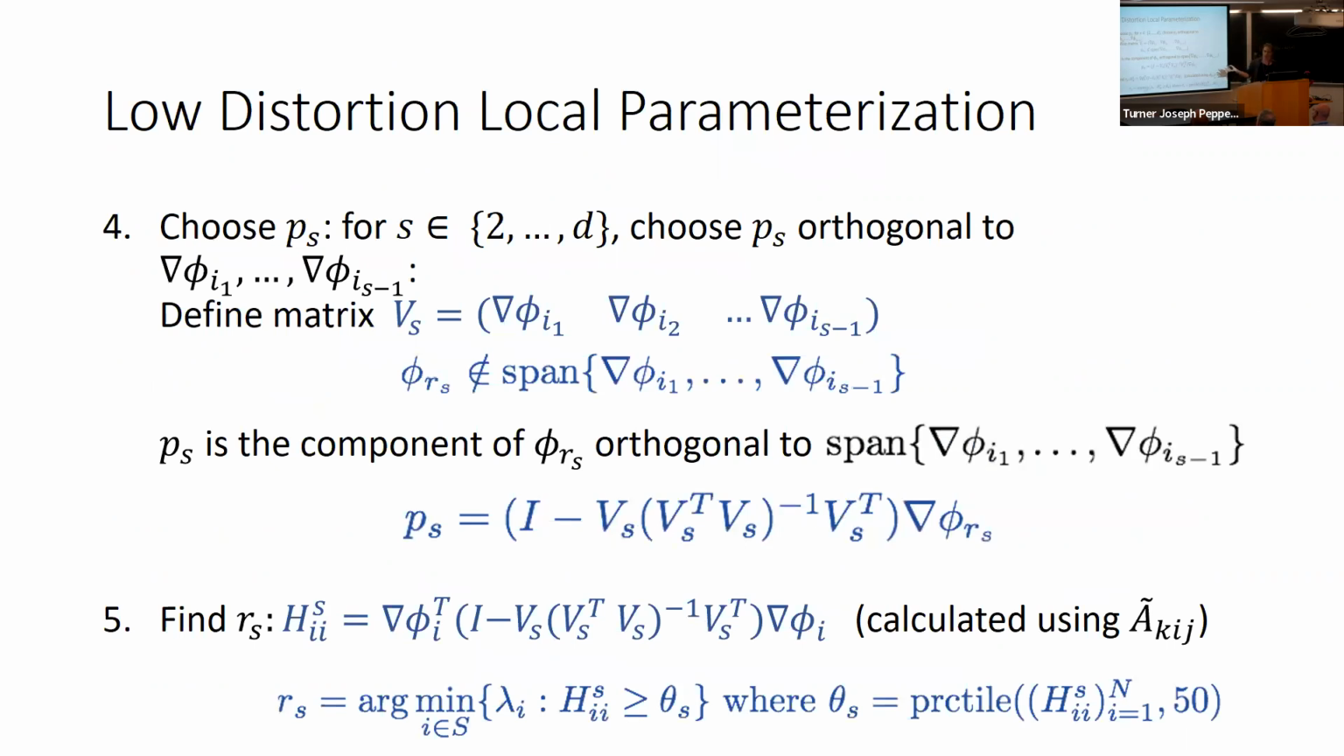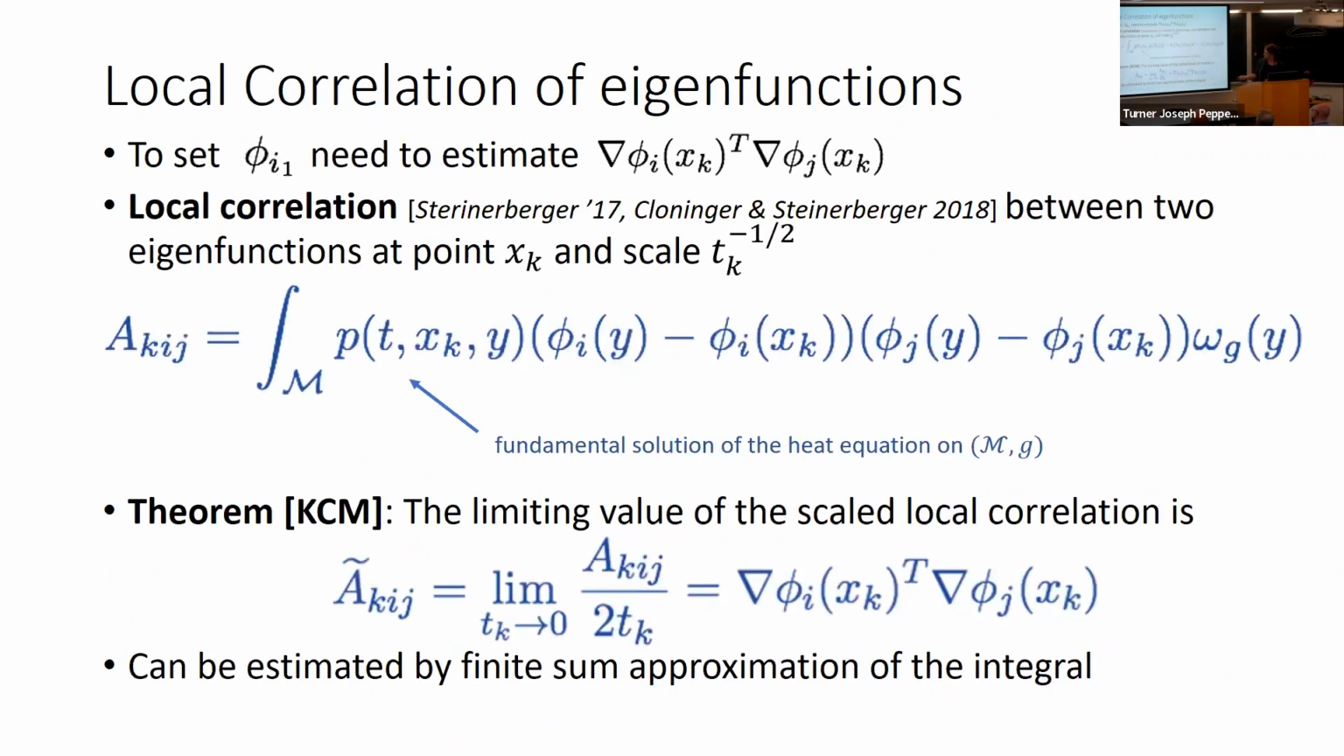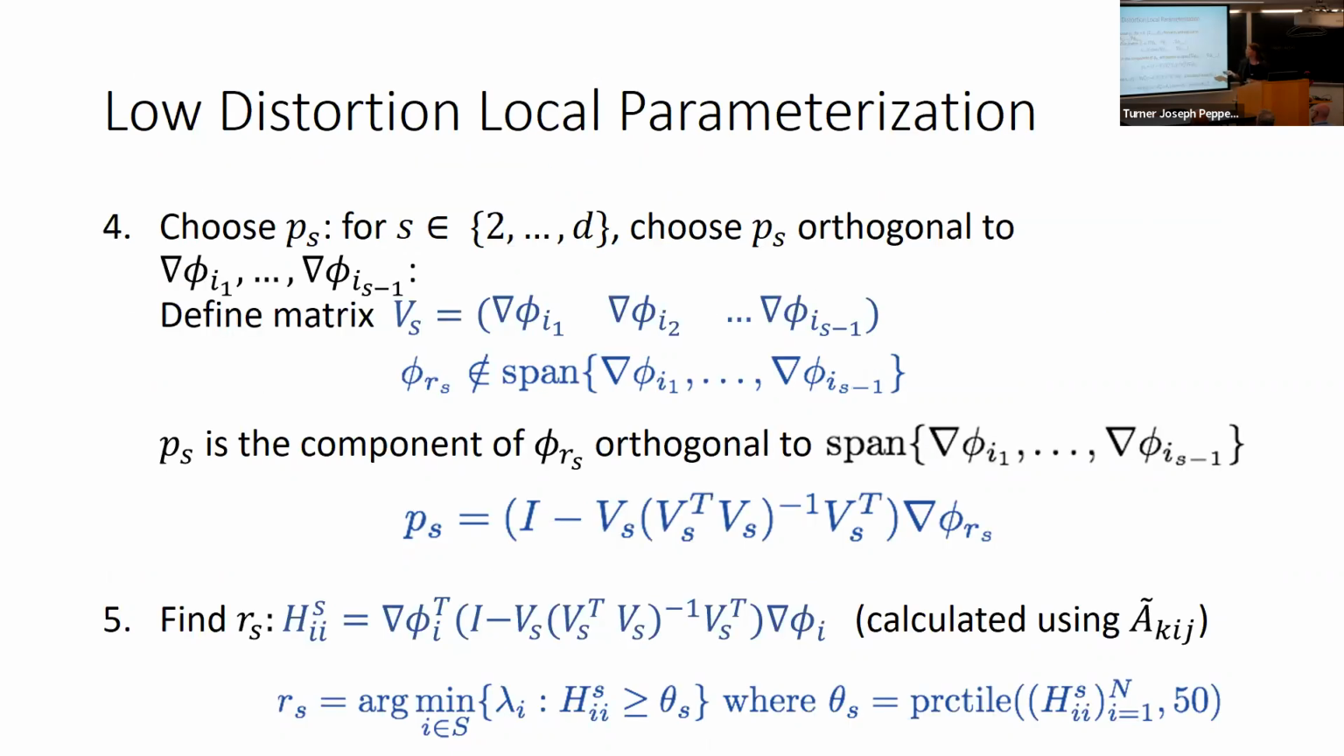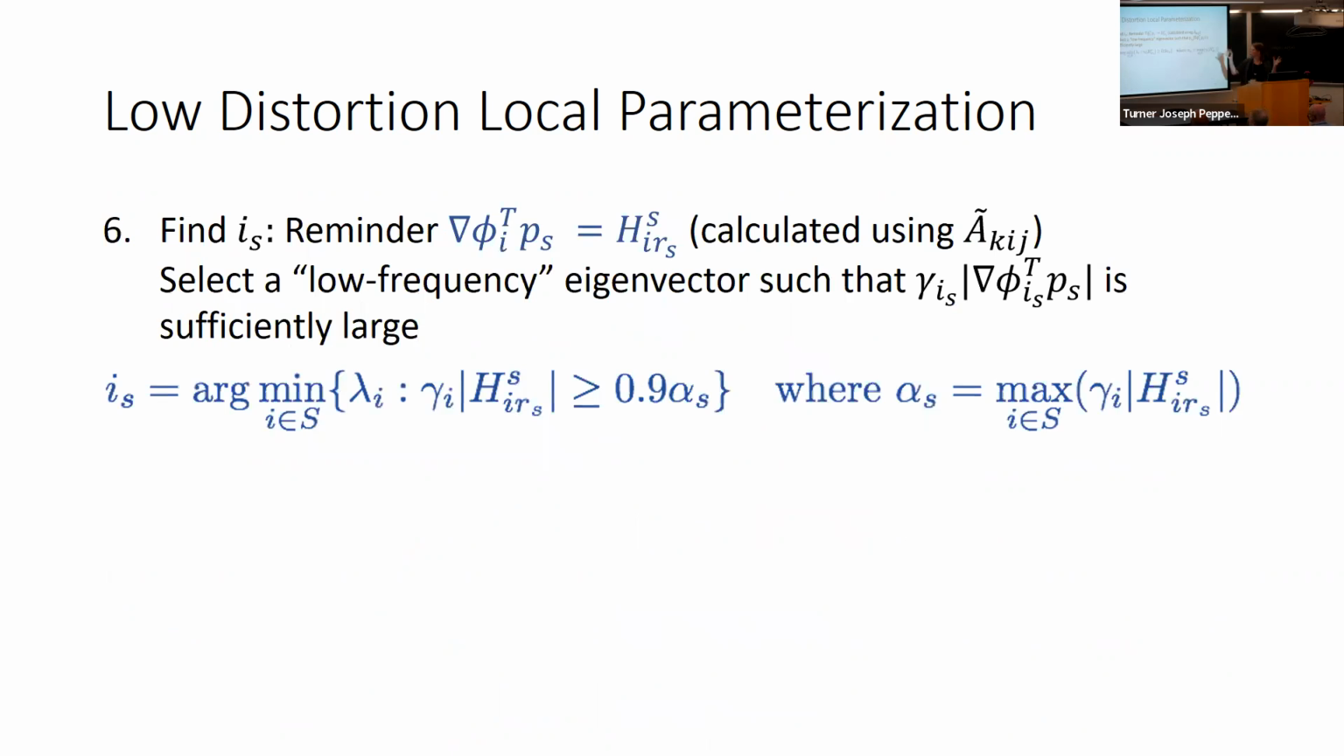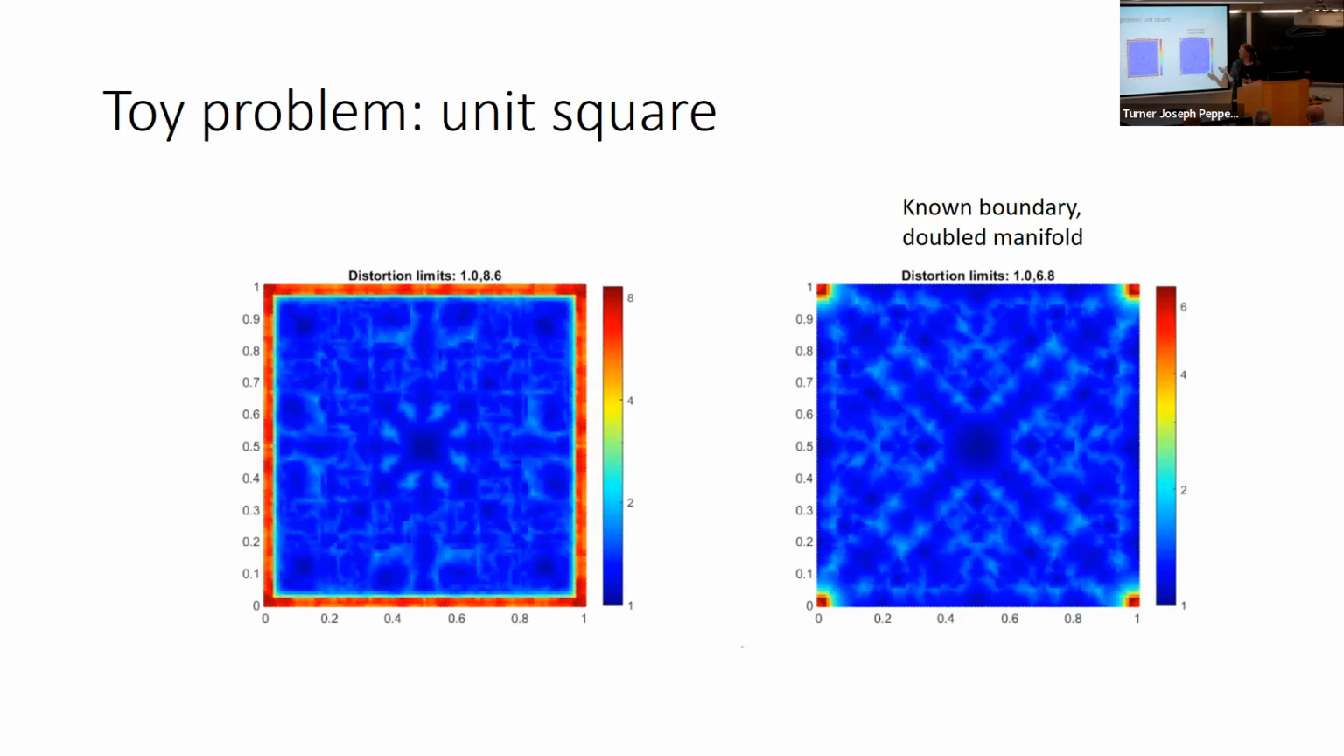After we have selected the first eigenvector, we need to move on to selecting the second eigenvector so that its gradient is orthogonal to the gradient of the first one. This also relies on our operator A K I J tilde. We'll skip this for the purpose of time so we can go on to how do we now align these together. But what we've obtained, for example, on the unit square, at every point, we now have a local representation